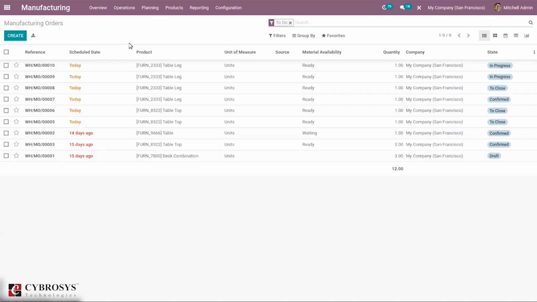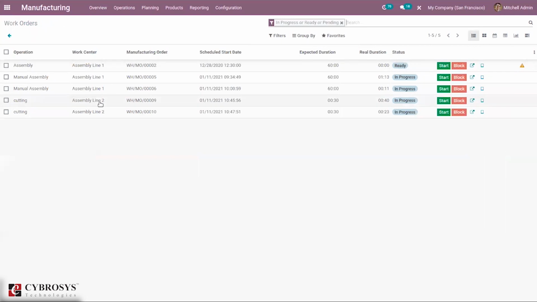Then we can see the work orders created. So you can see the work operation name, then the work center at which the work order is done. Then the related manufacturing order, scheduled start date, expected duration, real duration, that is the time spent on the work center, and the status of each work order.